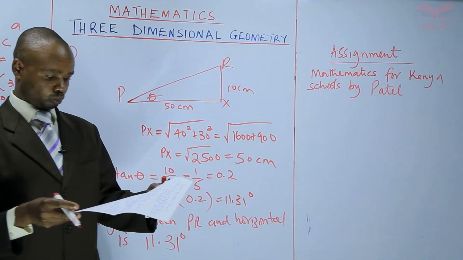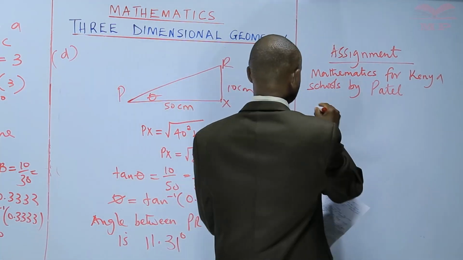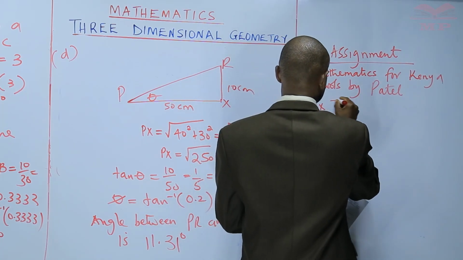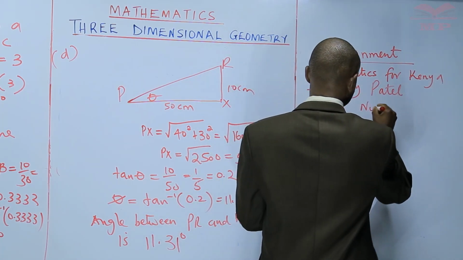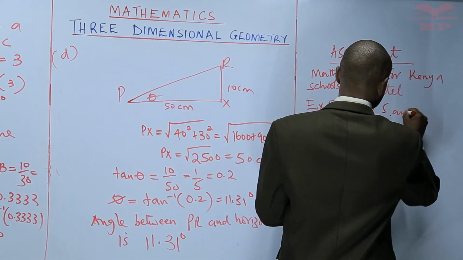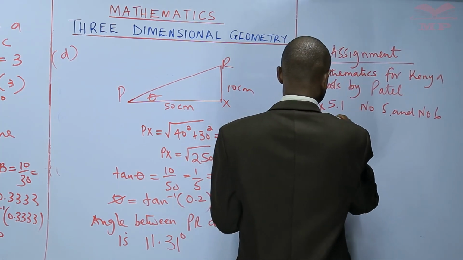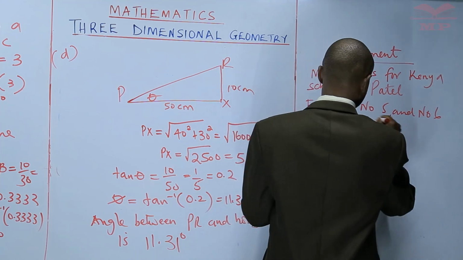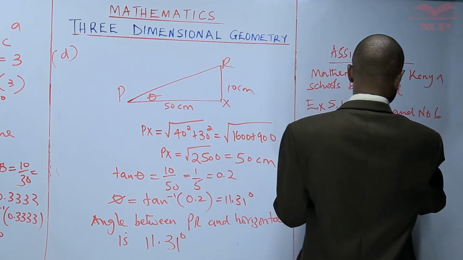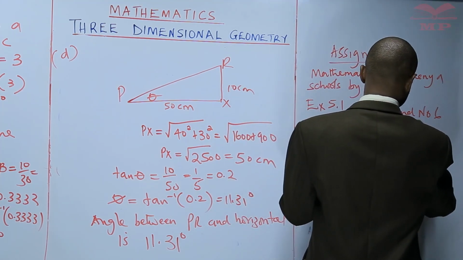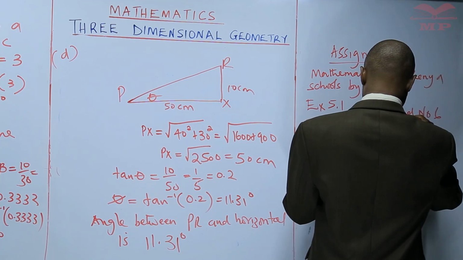You'll do exercise 5.1, number 5 and number 6, and exercise 5.2, numbers 2, 3, 4